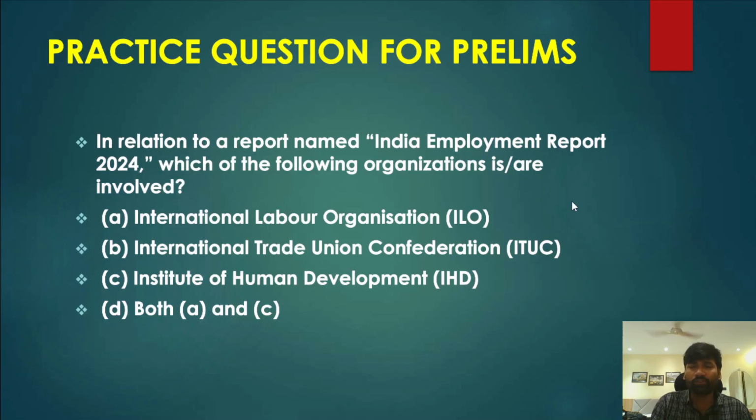Now if you look at today's practice question, the question was in relation to a report named India Employment Report 2024: which of the following organizations are involved in the publication of this particular report? Two days back we discussed this. The India Employment Report has pointed out the higher levels of unemployment, especially among youth. The options are International Labour Organization, International Trade Union Confederation, Institute of Human Development, both A and C. Please try to answer this question in the comment section, and the correct answer I will